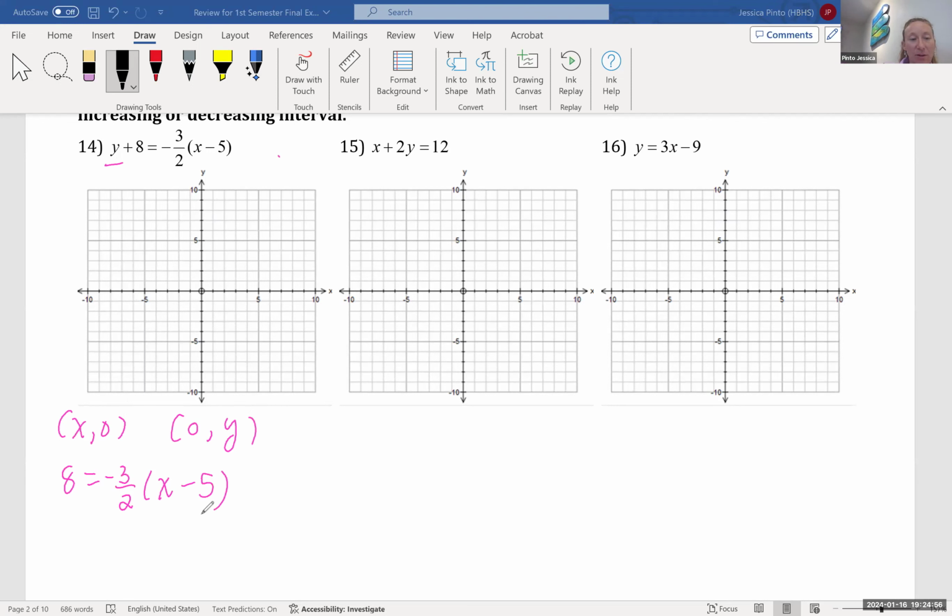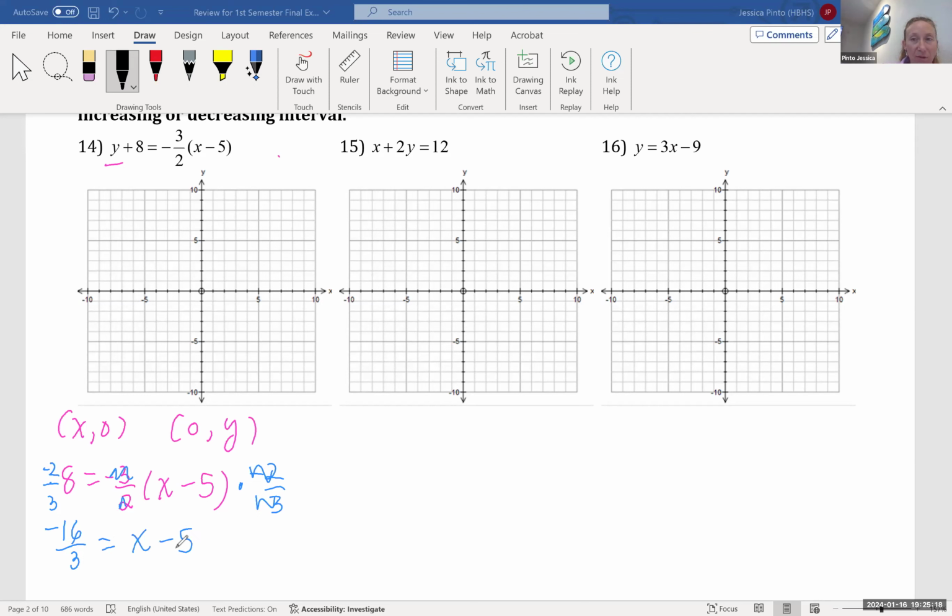I'm not going to distribute that negative 3/2. I'm going to multiply by the reciprocal. And that's going to be multiplied by negative 2/3 times negative 2/3. And the 3 and the 3 and the 2 and the 2, they cancel out, giving me negative 16/3 equals